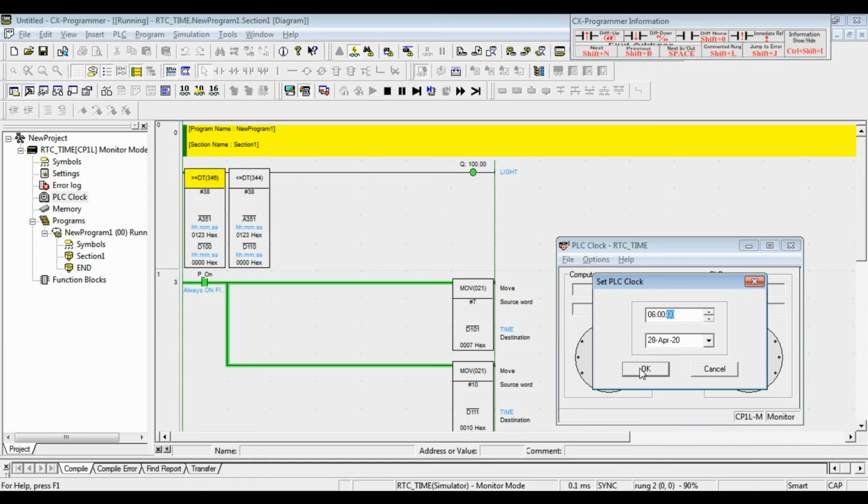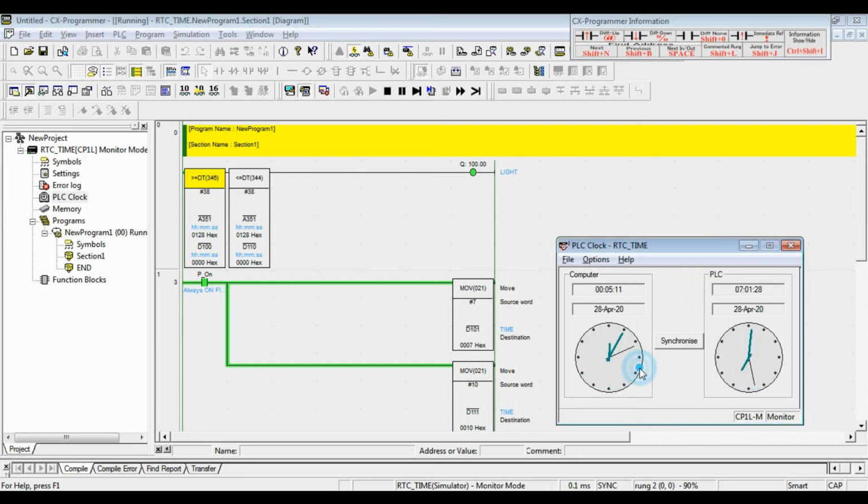Okay, I try to click OK. The light must be off. Okay, you can see the light has been off now.